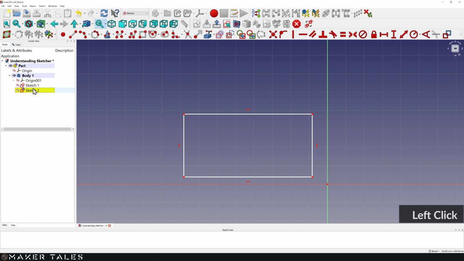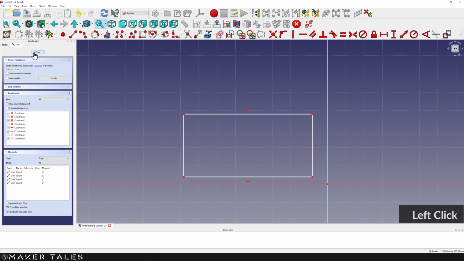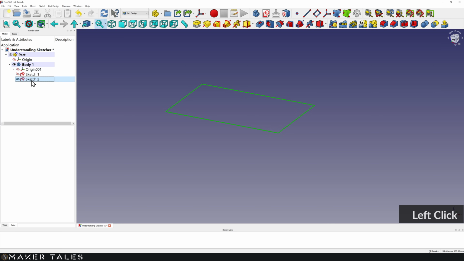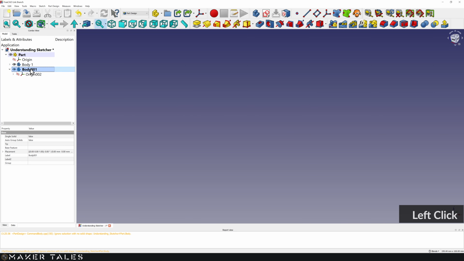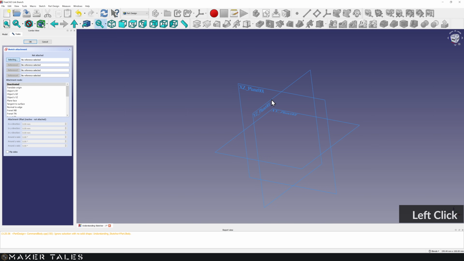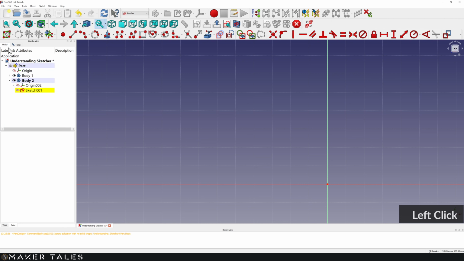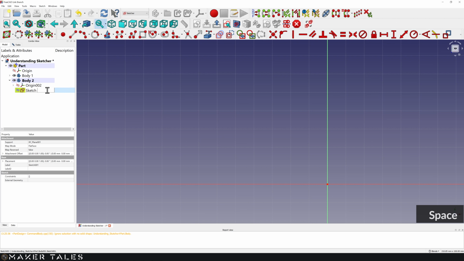And this usually happens when a sketch is outside of the body that you're trying to copy in. So we will exit this task. We'll close this. I just want to show you it quickly. We're going to delete this sketch. I'm going to very quickly create another body. We'll rename this body as Body 2. Then I will create another sketch within Body 2, again on the XY plane. I'll click OK. And now we can see we are inside of Body 2. We will rename this sketch as Sketch 2.